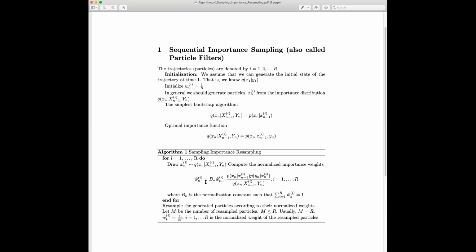But basically then you have the weights, and you assume that you have the normalized weights, and after that the idea is to resample the particles according to the normalized weights, right? The particles with the higher normalized weights presumably get resampled more than the particles with the lower normalized weights. After resampling, you just update the weights again, so each is 1 divided by m, right? Then the idea is you repeat this all over again for the next time step,